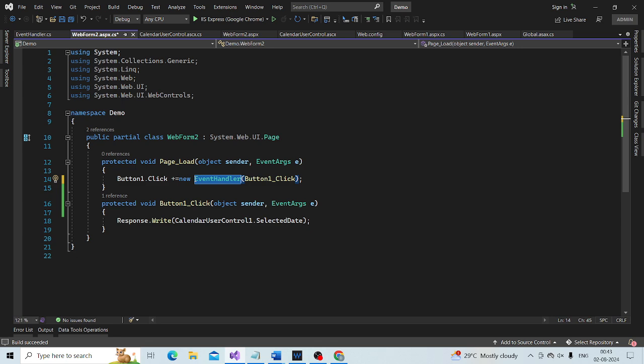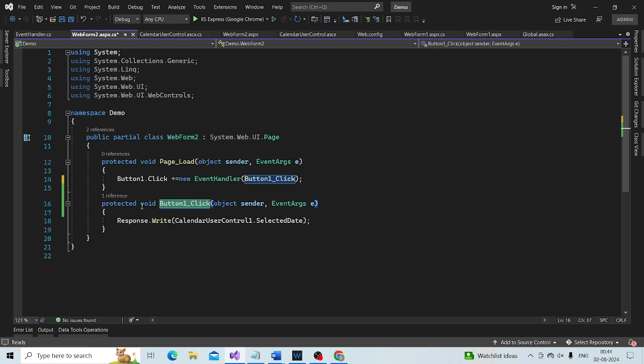Look at the signature of this event handler method. This is the event handler method. And what is the signature of this event handler method?